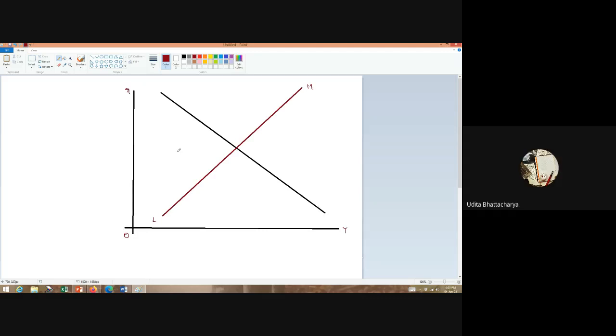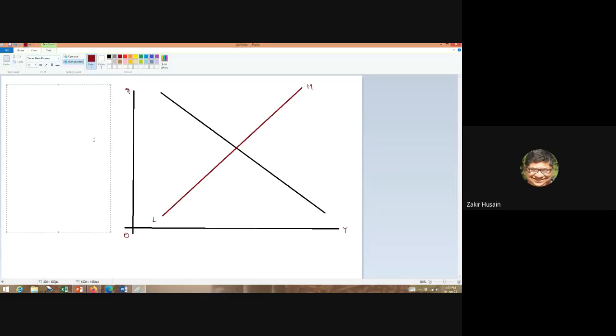Excess supply. Excess supply of what? Remember, we have two commodities. We have a commodity market and we also have a money market. So we will have excess supply of money in the money market above the equilibrium. So we have excess supply of money if we are above the LM curve.